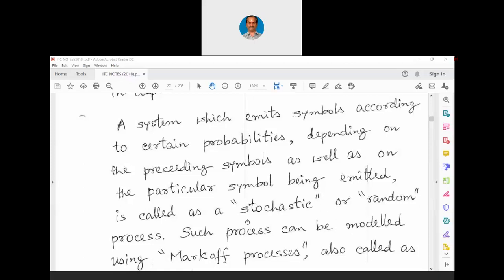Along with that, visualize GPS, the global positioning system, where at least 21 satellites are globally positioned so that they are continuously transmitting the location information,